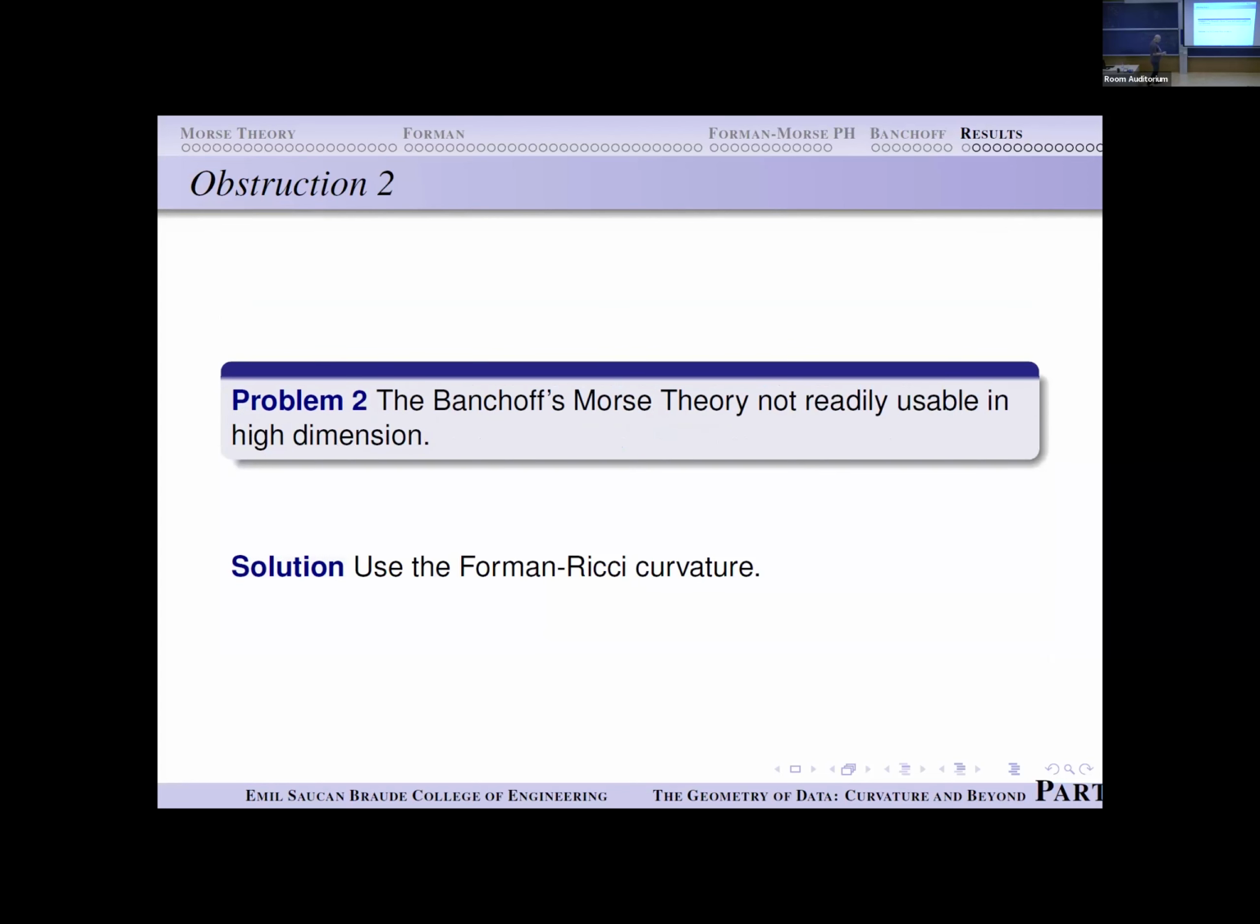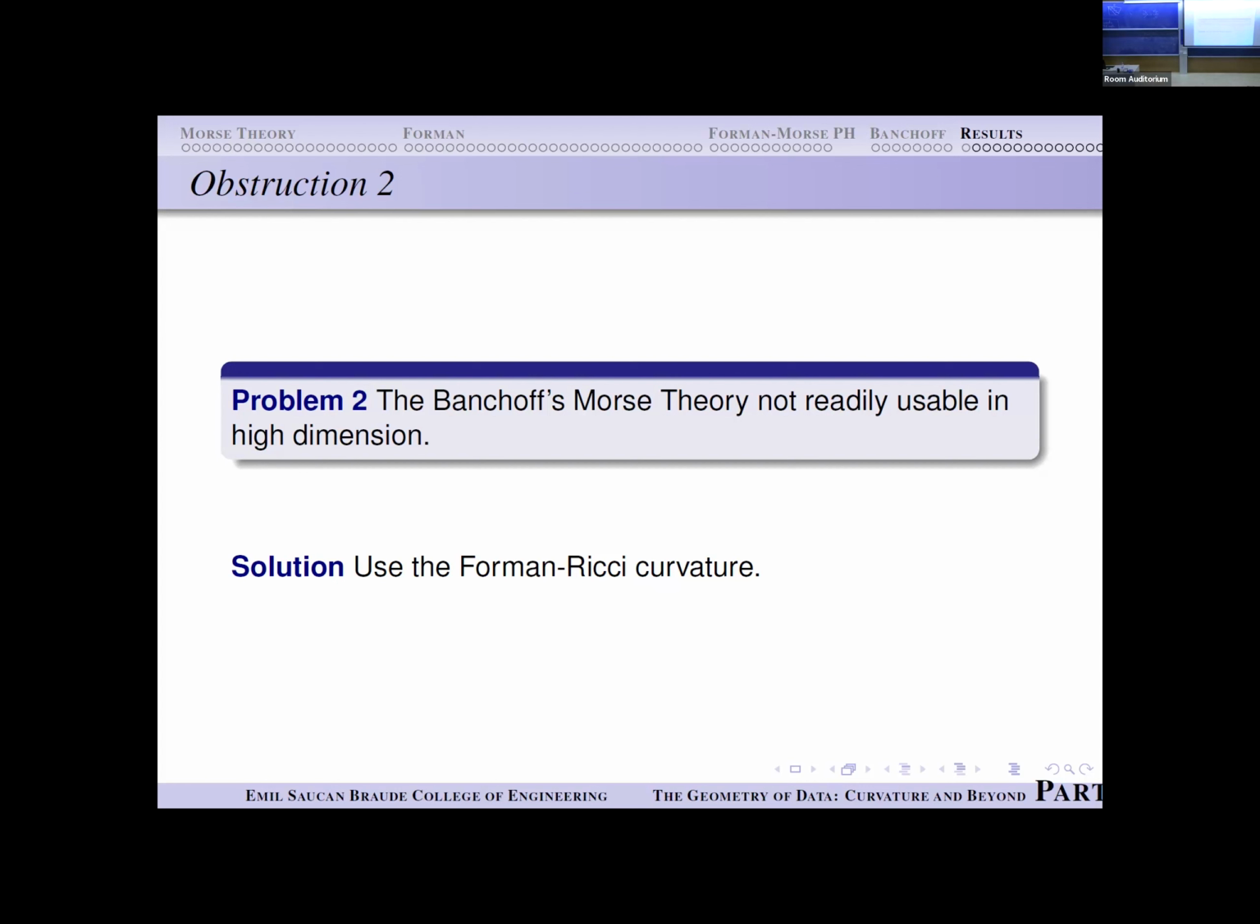The other problem with the two approaches is Banchoff's Morse theory. It's not really usable in higher dimension. So there are at least two ways of getting out of this quandary. One is to go back to what I wrote, and to see that